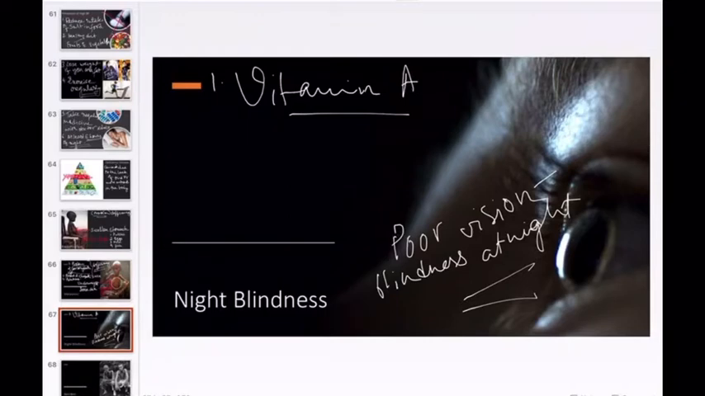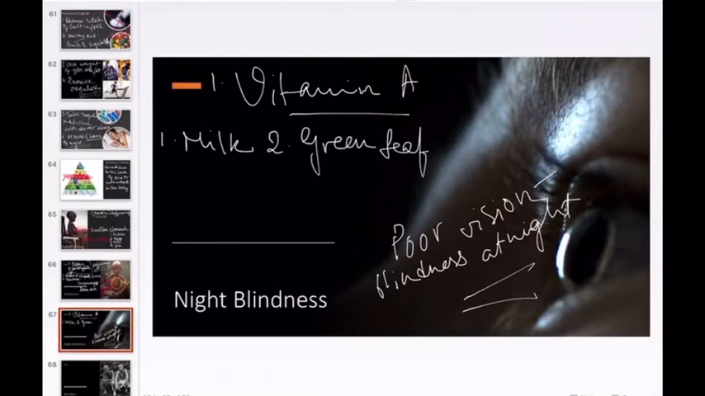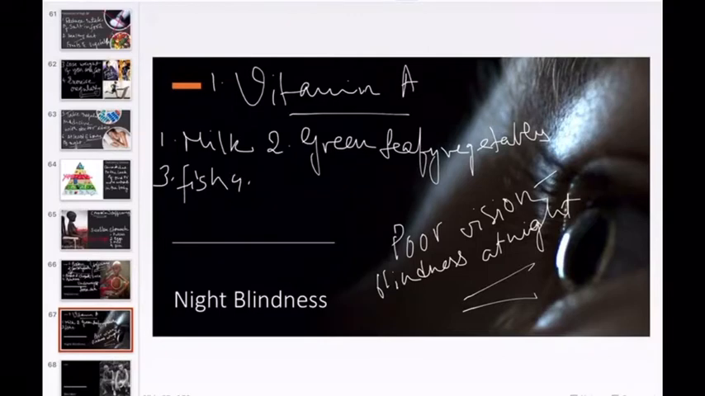And what type of food must they eat to prevent night blindness? They must eat milk, which is rich in vitamin A. Yes, green, leafy vegetables, students. Green vegetables are rich in vitamins. So vitamin A: green leafy vegetables, shak shobji, fish, eggs,